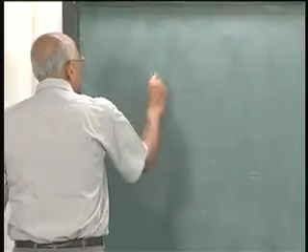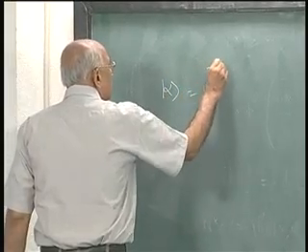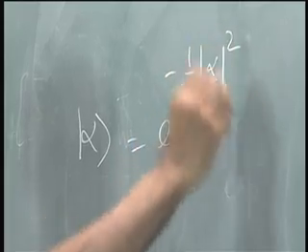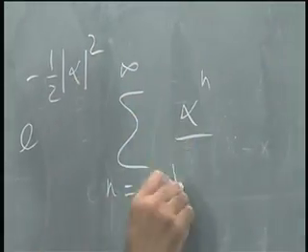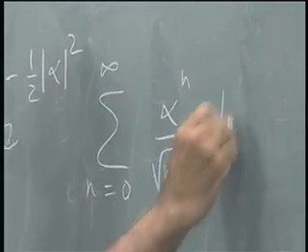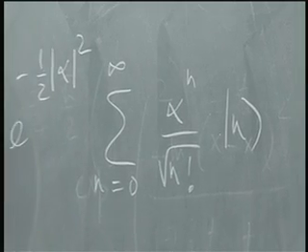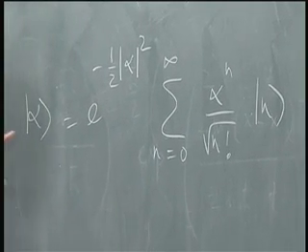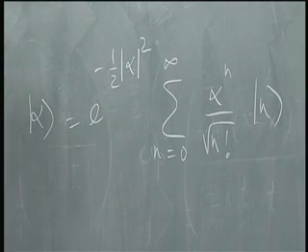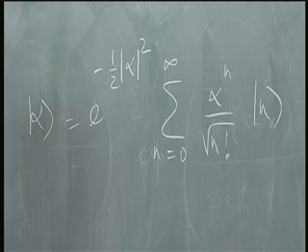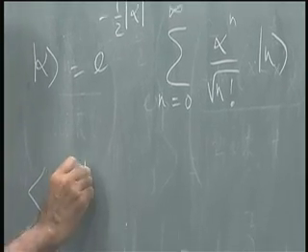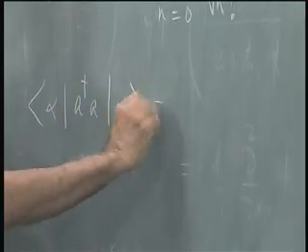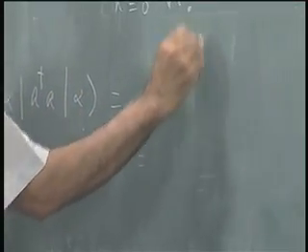Remember that the coherent state alpha was defined as e to the minus mod alpha squared, summation n equal to 0 to infinity, alpha to the n over square root of n factorial, acting on n. You could now ask what is A dagger A acting on this, and find with an alpha on the left hand side. So alpha A dagger A alpha equal to e to the minus mod alpha squared,